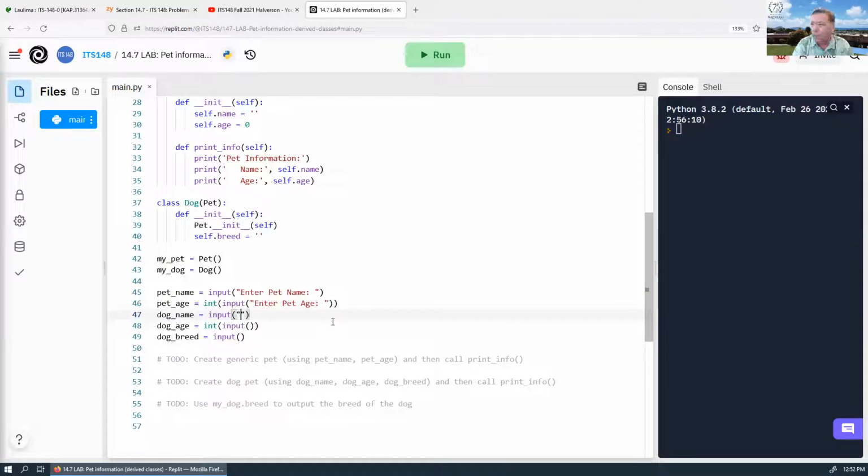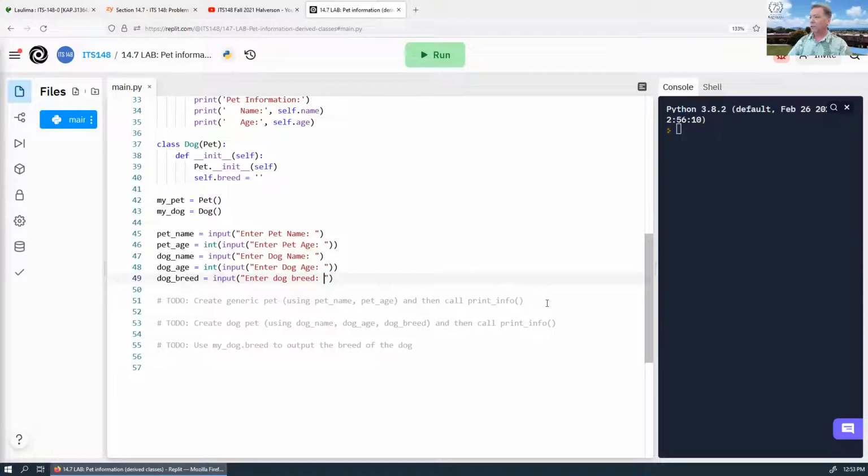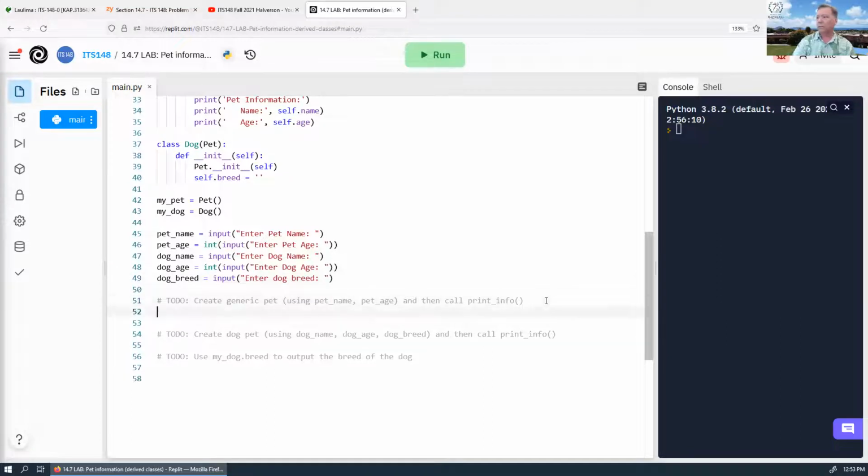This is going to be enter dog name. And this is going to be enter dog age. And this is going to be enter dog breed. Not consistent there. Okay, and then I'm going to say create a generic pet using pet name. Oh, I have to use pet name because